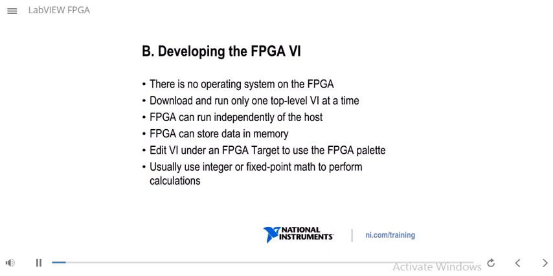Okay, let's talk about developing the FPGA VI. Remember, there is no operating system on the FPGA. When the FPGA VI is functioning or executing on the FPGA, it's actually